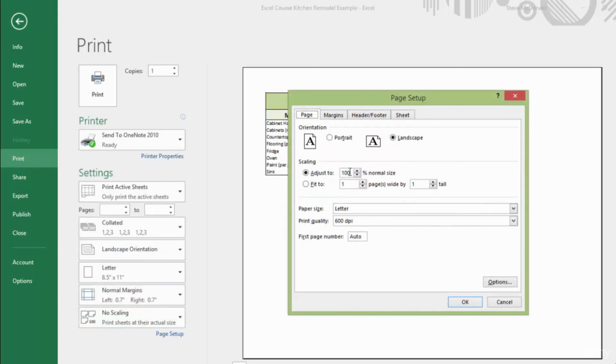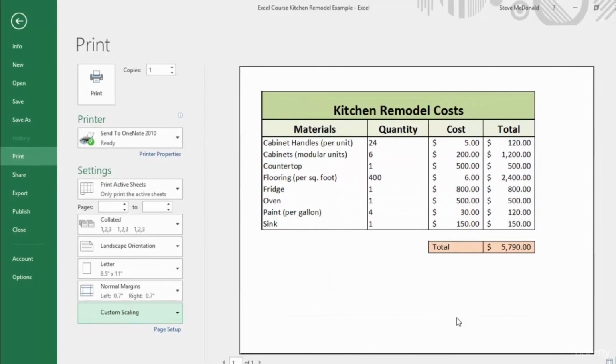So we can either type in a number here or we can just click on the scrolling. So let's go to like 170% of normal size and click OK. And now you'll see it's expanded it a lot better to fit into that space. Now you'll also notice that it's still justified over to the left side, so we have extra space on the